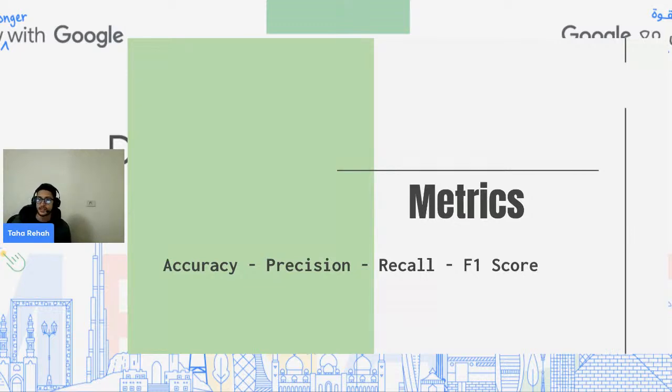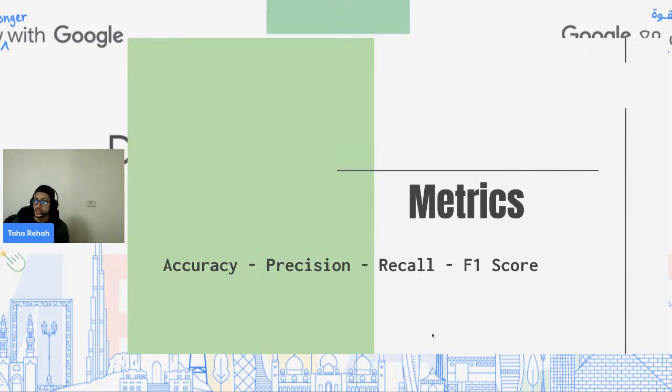Accuracy is something that we need to take care about, but it's not the most important thing. There are other metrics like the precision, the recall, the F1 score, which we are going to see shortly. Those metrics are the ones that are going to show us if the model is good or not. If we only look at the accuracy, it's not accurate. It's the opposite of its name. It's not accurate in the case of imbalanced datasets. We need to pay attention to this and look into other metrics that we are going to see right now.